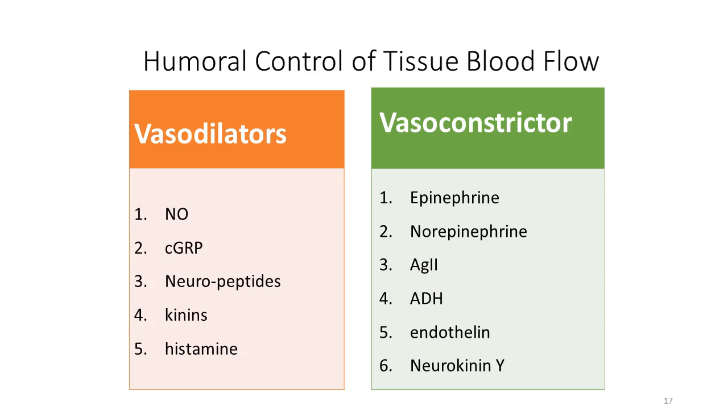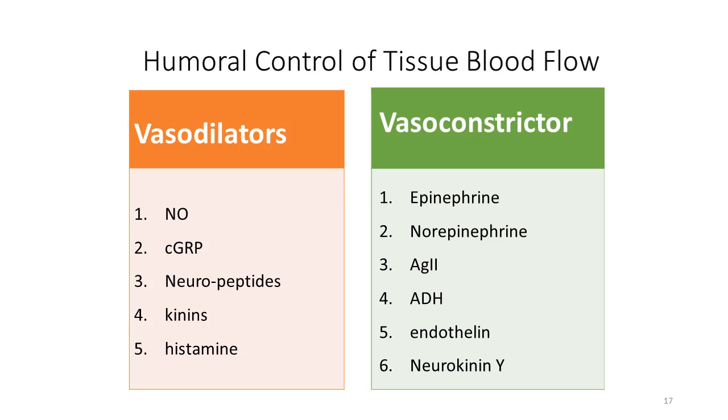The other important vasoconstrictor is antidiuretic hormone, ADH, and the other hormone is endothelin, which is another vasoconstrictor, and neurokinin Y. We will talk about neurokinin Y later. So let's see vasodilators. Vasodilators, as you can see categorized in this table, nitric oxide or NO is an important vasodilator,